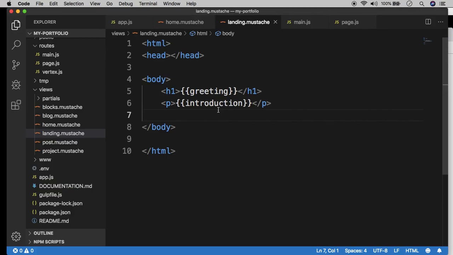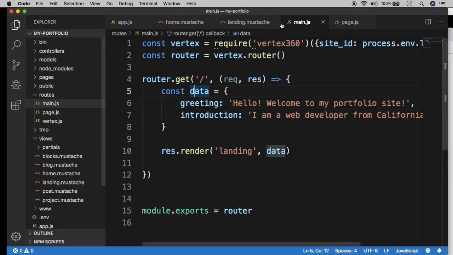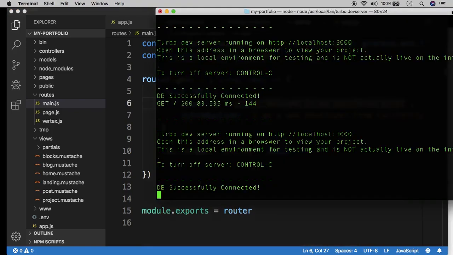There's a lot more to it, which we want to explore in the next video, like how to render lists and images and things like that. But this is a very brief intro to the templating engine, in this case Mustache. And a lot of templating engines basically work this way. So for example, handlebars works pretty much exactly the same way, with a couple more nuances, which we'll get into in the next video. So, but before we wrap up on this video, let's go ahead and deploy one last